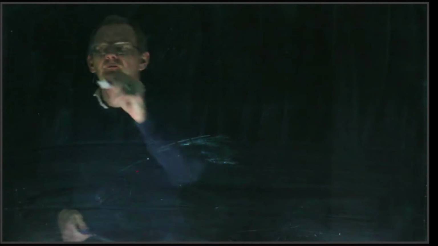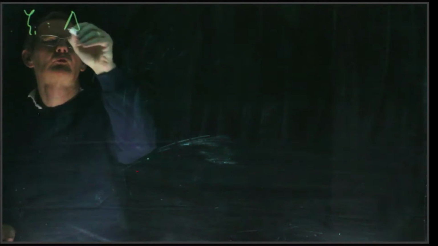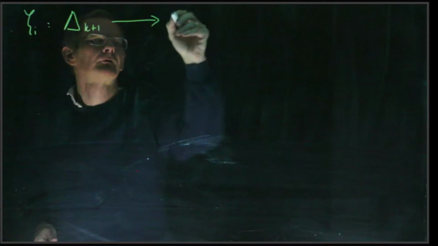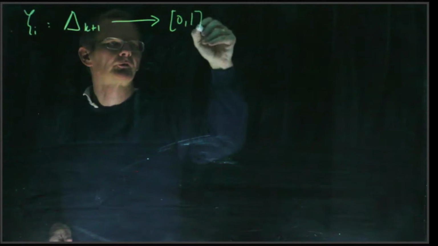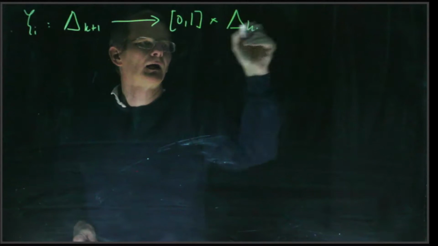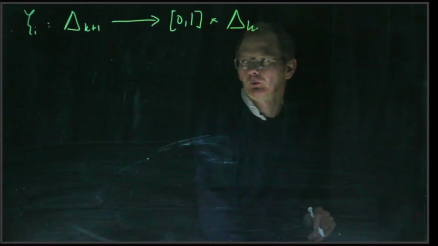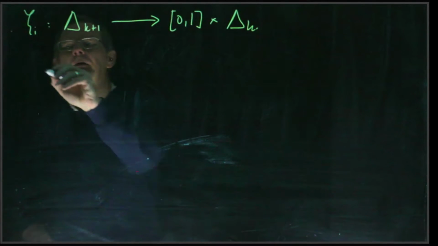Okay, so in the last video we defined some maps zeta i from delta k plus 1 to [0,1] cross delta k. And we proved various things about them. That's what we'll recall in a minute. But now we're going to put